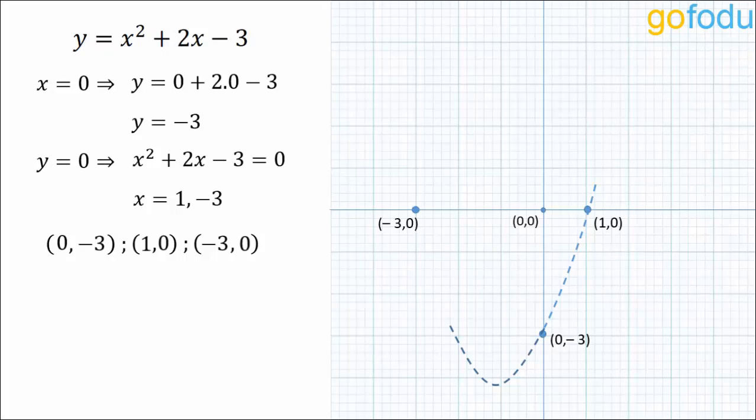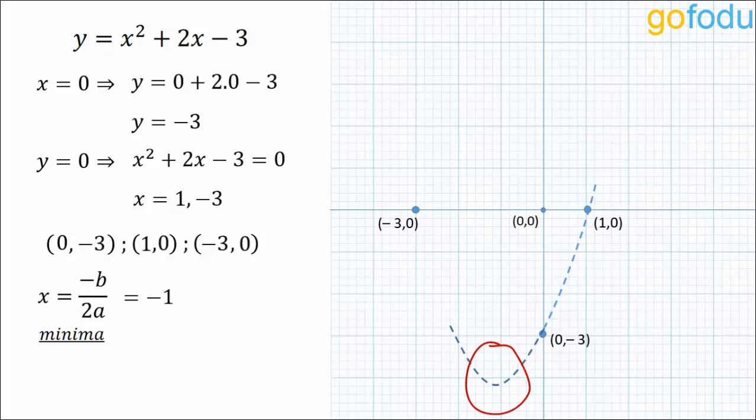Now there will be some point on the graph which will give the lowest value of this quadratic function. This point, the lowest point on the graph, is called minima, and we'll talk about maxima and minima in detail in function topic. This minima, as you all know now, it could be calculated by x equal to minus b by 2a, that is minus 2 by 2 or minus 1.